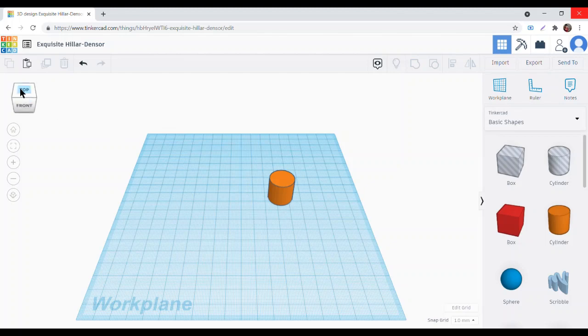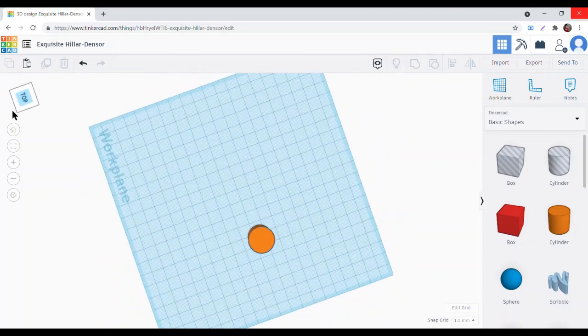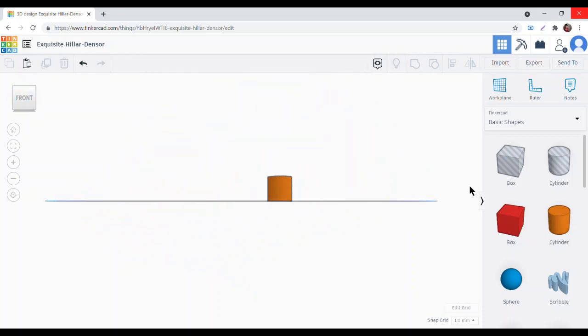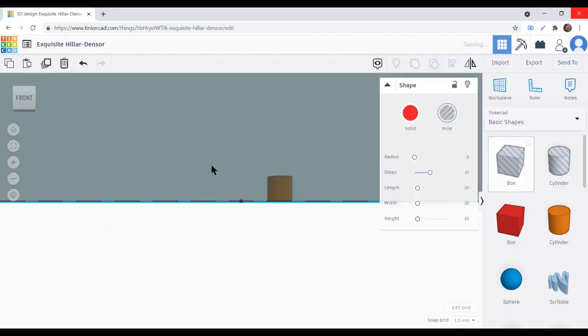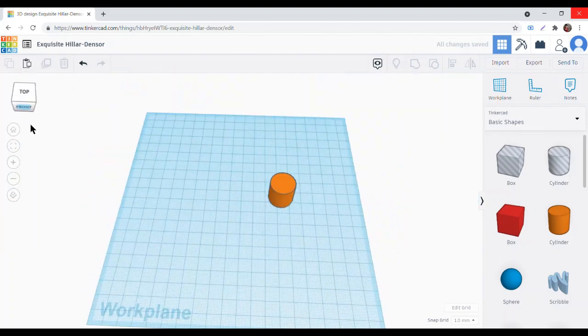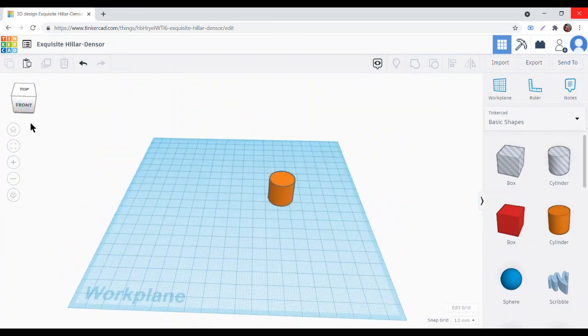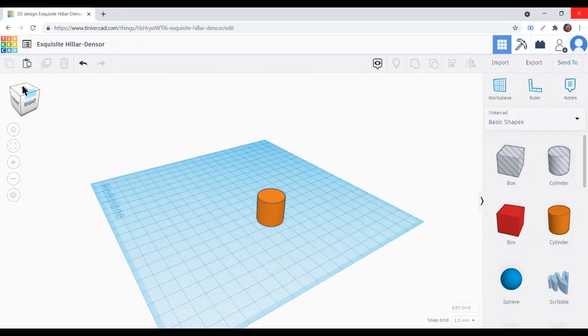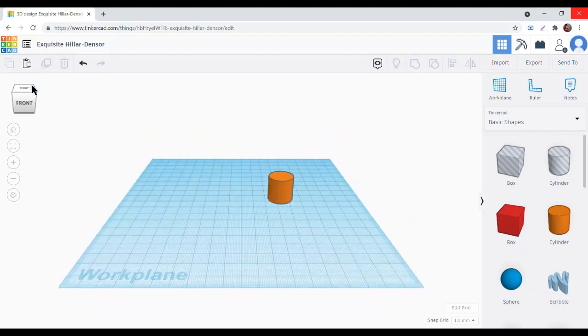If we are only in front view and I drag a box, I will not be able to put it. So a little bit of top view has to be there. If I'm in top and front view, or top and right view, I will be able to put some shapes. So now let me continue.